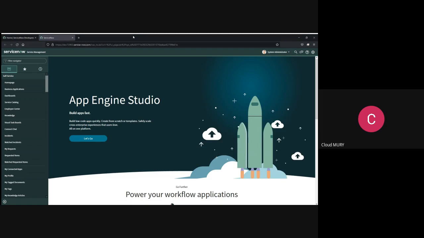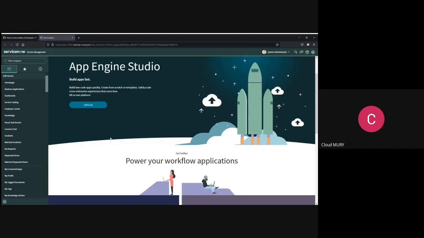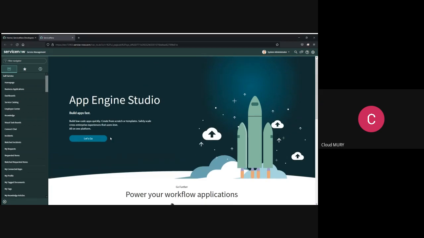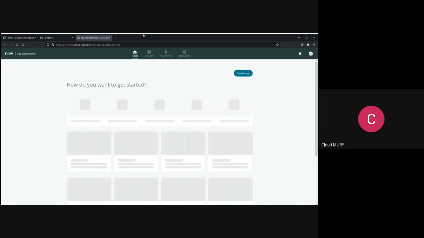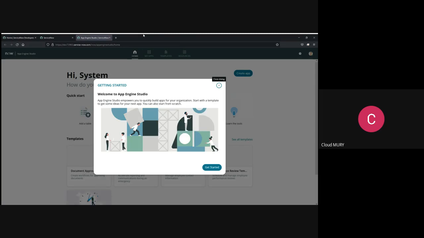Now if you click on let's go in App Engine Studio, then you will be redirected to the other screen, the one which we already saw. If you click on let's go, Creator, yes, creator one. It means the admin user has the option to act both as an admin as well as a creator user. But if you have already selected the role as a creator user, then you don't have the choice to go back to the administrator screen. That is how the configurations have been built by ServiceNow. Understood?